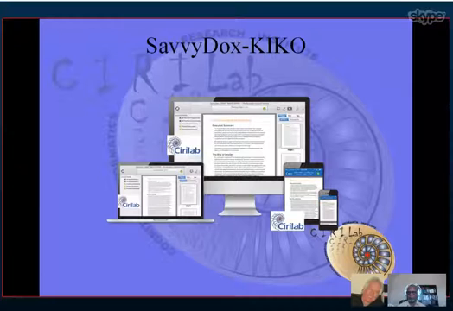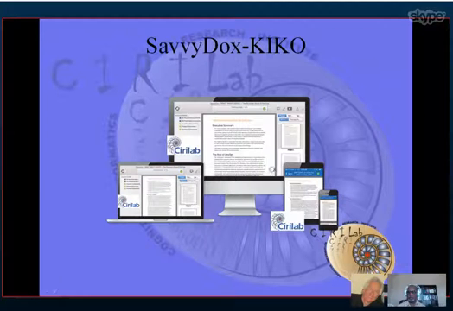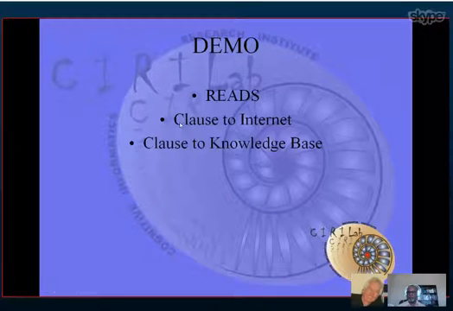Again, if I lead you through the different things I just indicated, you want to read a document. You want to then do, and let me just go back here and get it straight. We'll want to add a clause and go on the internet to find more information similar to that clause, or we want to put that clause in and address it against the knowledge base to see where I can find this clause in all of the contracts or the documents that are in the knowledge base. So this is a little bit the